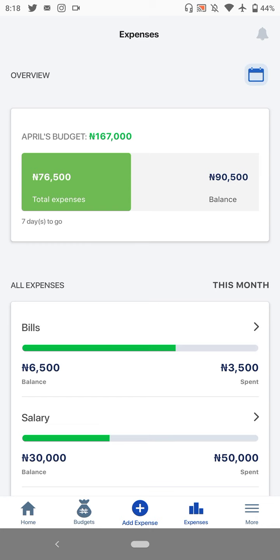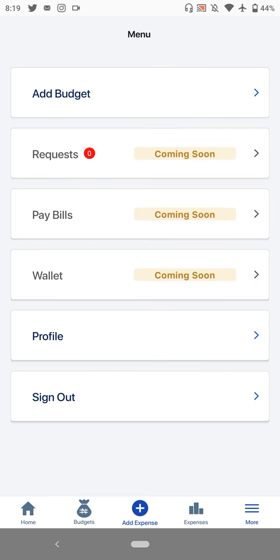Everything you have to do on paper, every receipt you have to chase, all of it is now found in one app. Now, if you click this more button on the bottom right of the screen, you would see request, pay bills and wallet. These are features that are coming soon as we upgrade the app. With paying bills, you will be able to pay utility bills directly from here. You'll be able to pay your DSTV